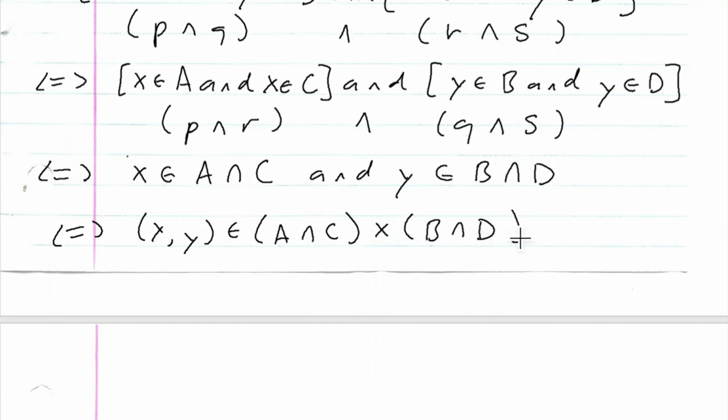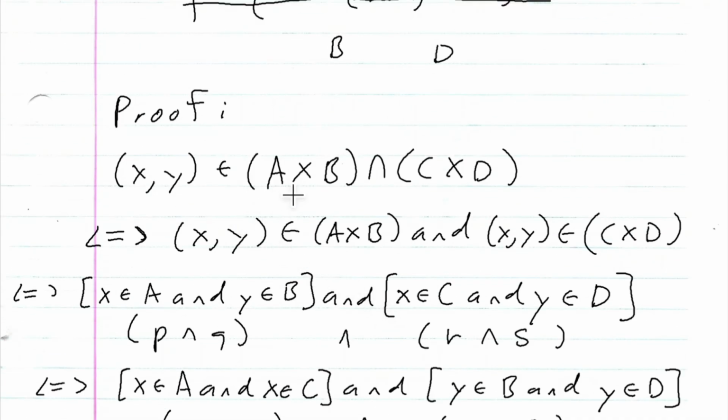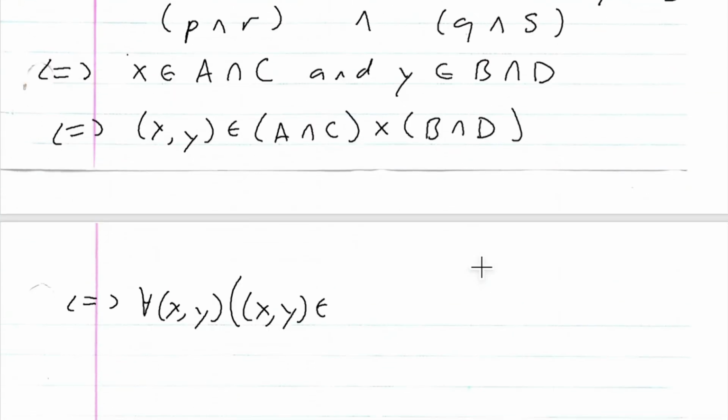And of course, this means that for every xy, we have that xy is an element of (A cross B) intersection (C cross D)